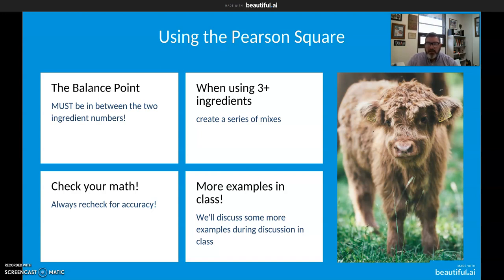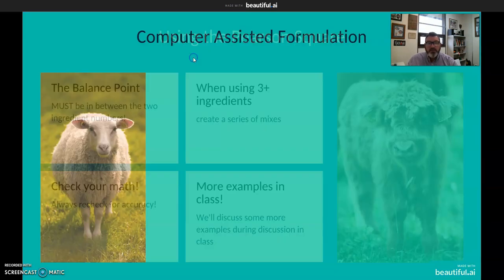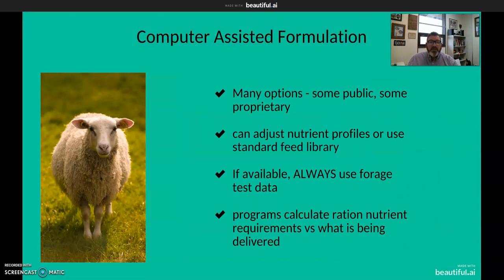I'm going to stop there in terms of a recorded lecture series on these kind of things, because again, I think it will get A, monotonous, and B, more confusing. So we'll talk about some more examples in the classroom and give you some things to work through that we can do together. So of course, then the other option that we will work on down the road is computer-assisted